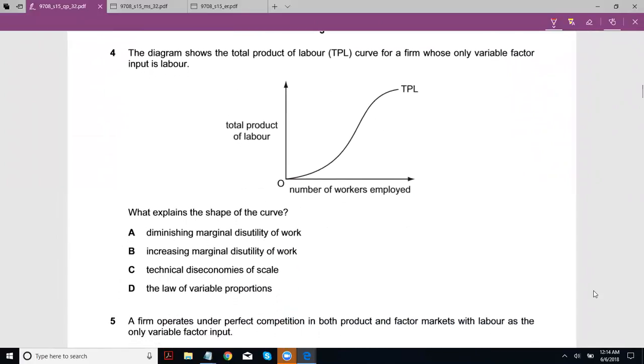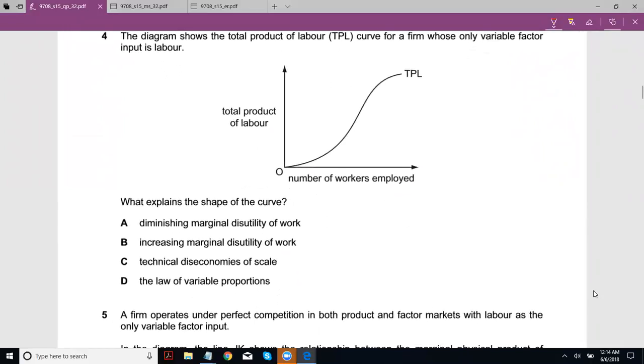The diagram shows the total product of labor curve for a firm whose only variable factor input is labor. What explains the shape of the curve? Diminishing marginal productivity, well, productivity doesn't have things to do here because that would link with the supply curve of labor. I don't know why they are talking about it here. Anyhow,